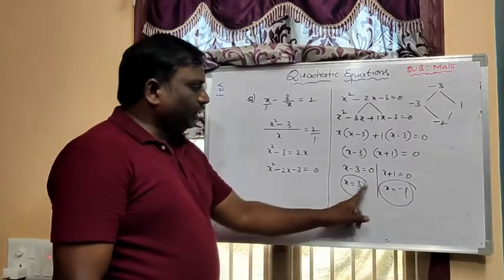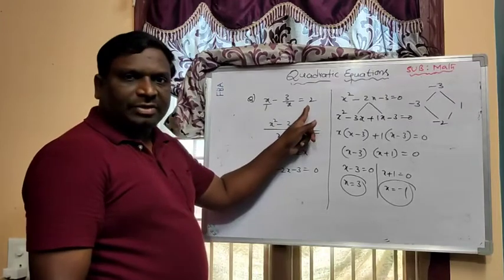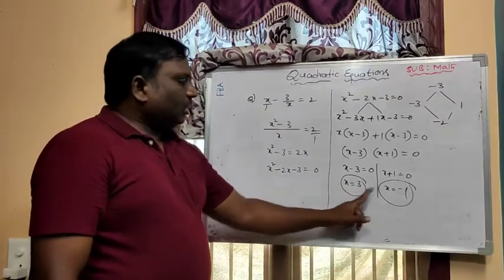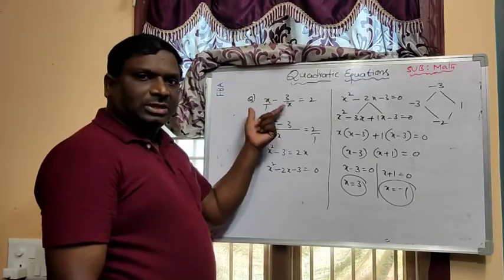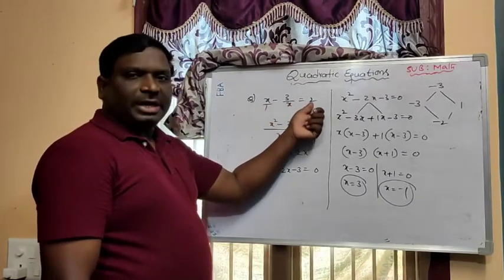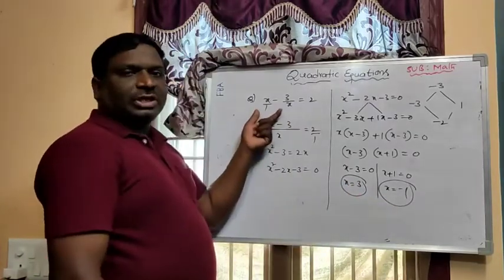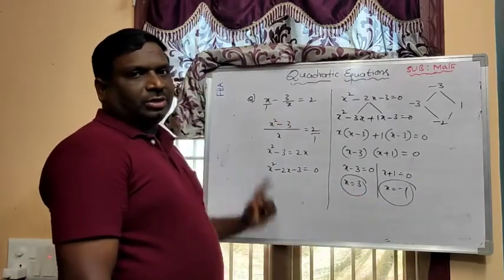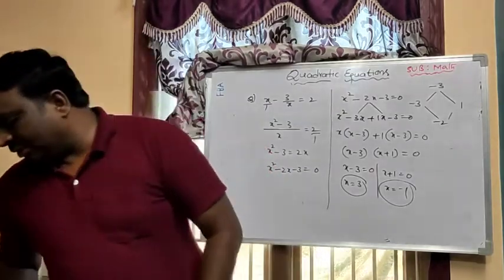If you substitute these two values in this equation, definitely you will get the right hand side value. Otherwise, your solutions are wrong. If it is not satisfied, if you are not getting the right hand side value, definitely your solutions are wrong. Maybe there is a simplification mistake in your expression. Understand? So coming to one more question, the last question.